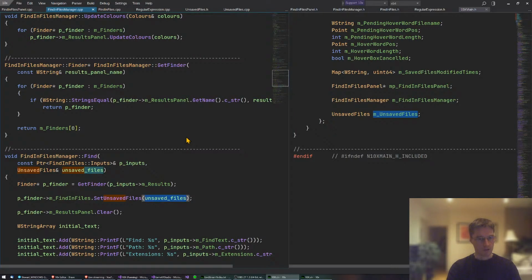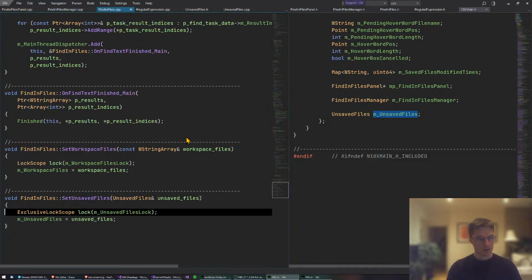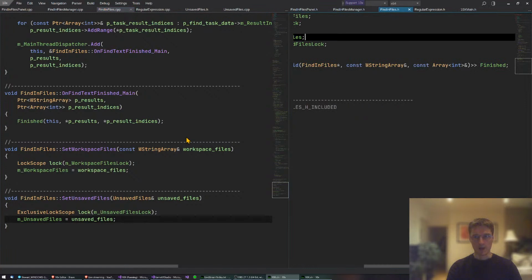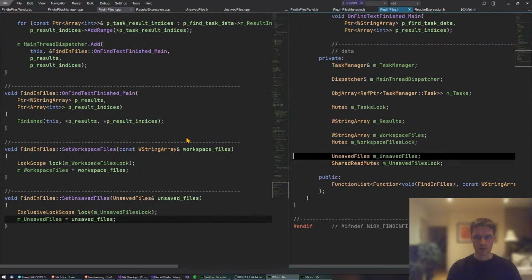So unsaved files comes in. It's just setting it once on the find in files class. Yeah, and because it's read-only, I only need to store it once for all the threads. But obviously, if you kick off a find that's going to results panel 1 and then a find that's going to results panel 2, they ideally need their own unsaved files because it could change in between. So once I've copied this off, I know that nothing else can change it, and it's read-only, so all my threads can just read it